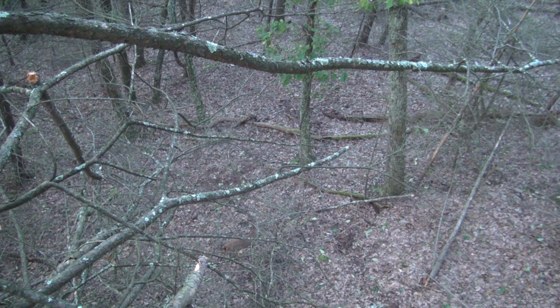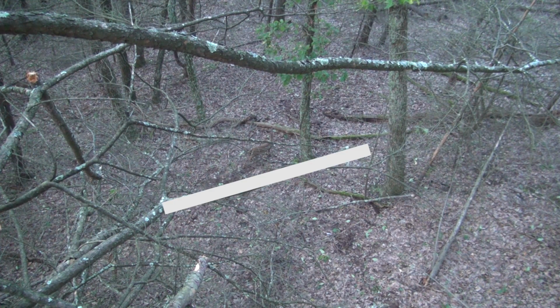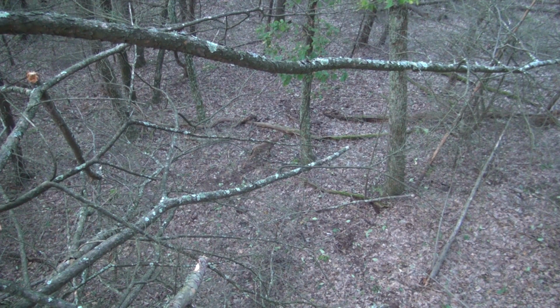And the other one didn't know what was going on, so I was waiting for this deer to give me a clear shot. And where I was in the tree, there was a branch coming off the tree next to me that was blocking my shot at this deer. And so I was waiting for the deer to walk past that branch, which it had, and looking at the deer through my sight pins, my sight pins were well above the branch. So when I took a shot, the arrow deflected off of that branch,